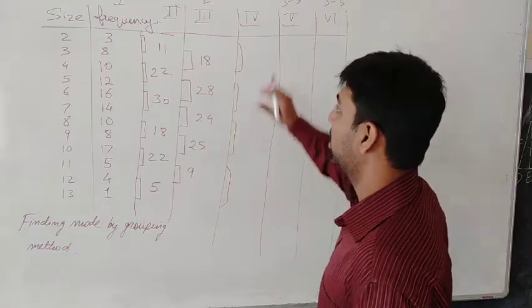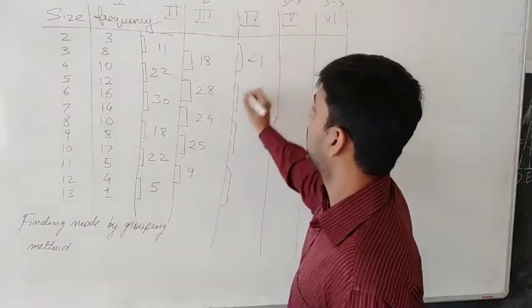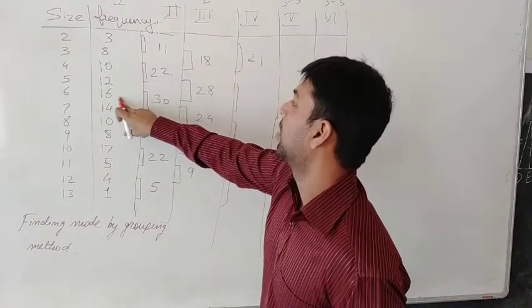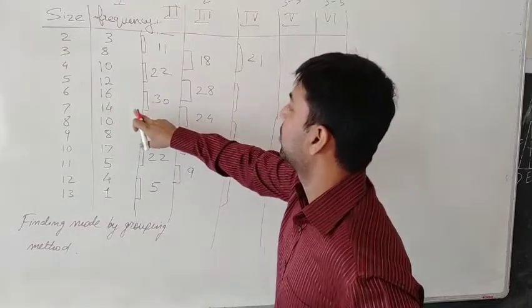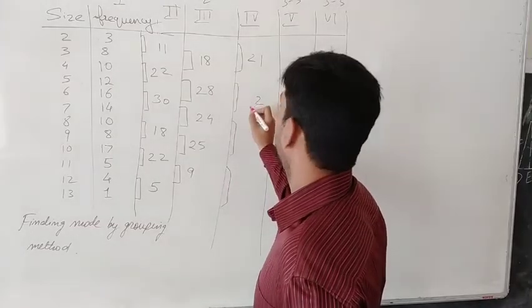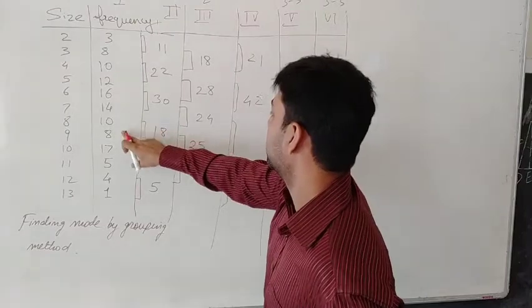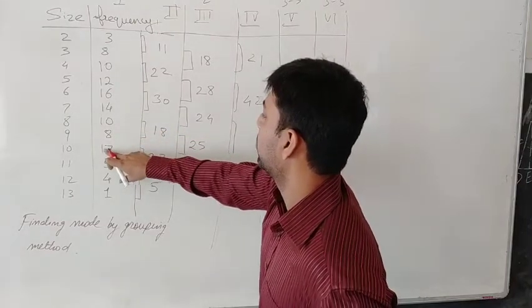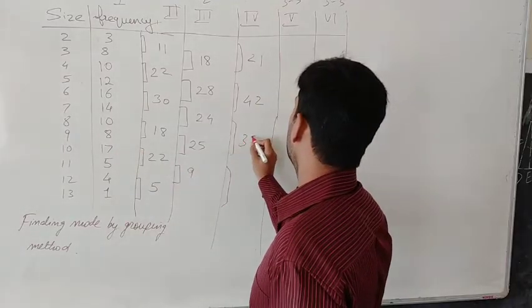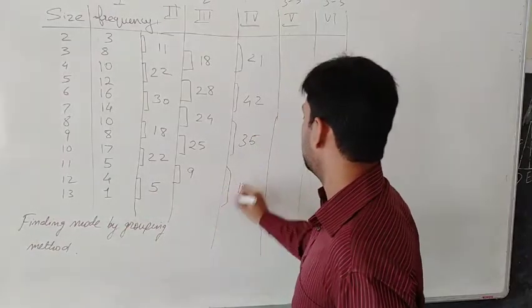Yes. Now we'll add these values. So 18 and 3 will be 21. After this 12, 16. 8 and 12, so it will be 42 in these three values. Then it will be 10, 18, so it will be 28, 28 and 7. It is going to be 35. Let us write 35 over here. Okay, after this 5, 4 and 1 it is going to be 10.